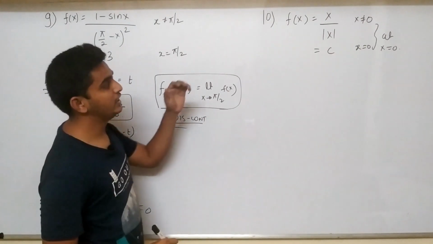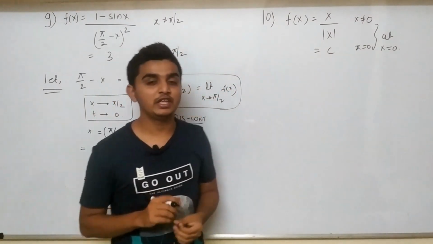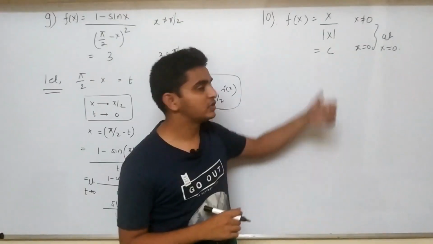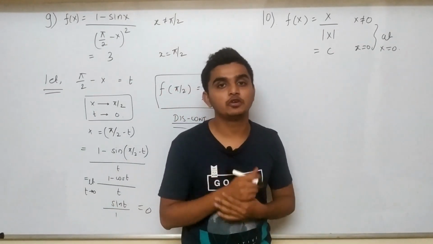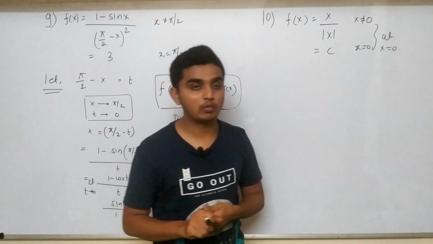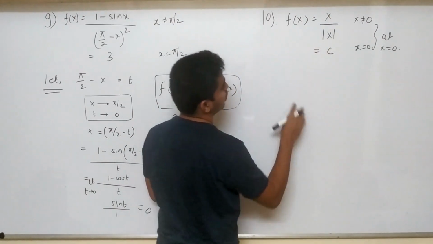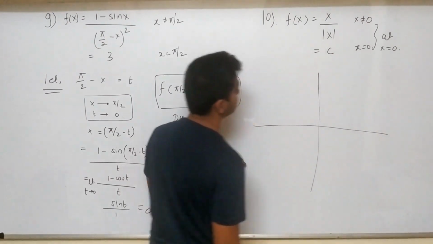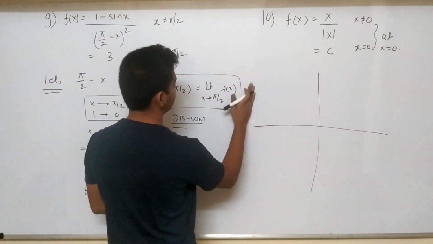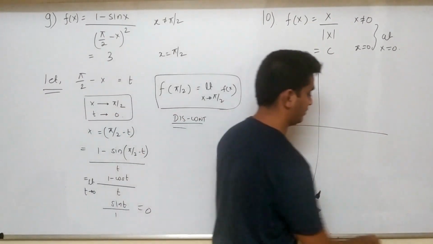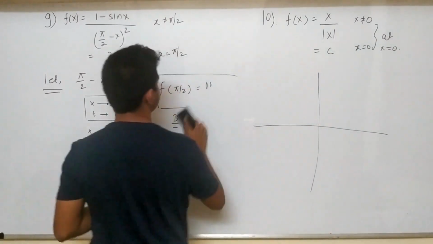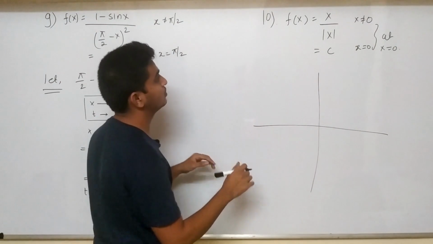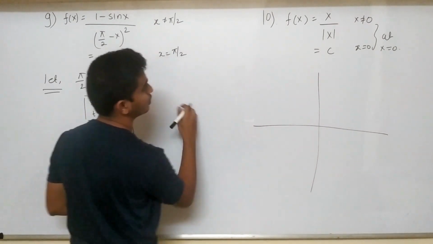Now coming on to the 10th problem, which is very easy if you do it graphically, but if you look at it from a perspective of modulus or the absolute values, it is going to give you some problems. So let's take the function in terms of graph and in terms of real values. Let's just rub this off and we'll see how this becomes. I hope you have taken down the screenshots in order to understand the solution.